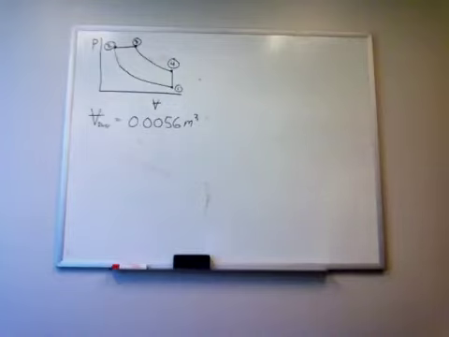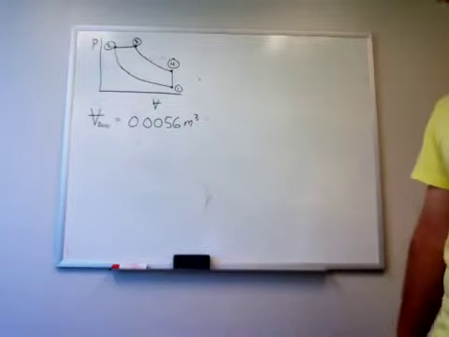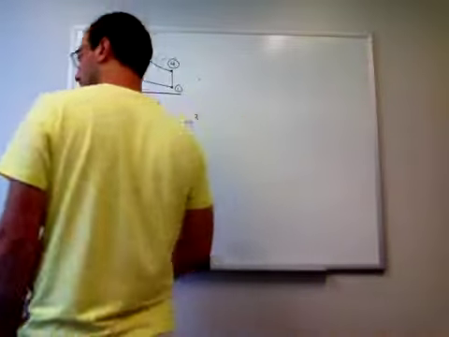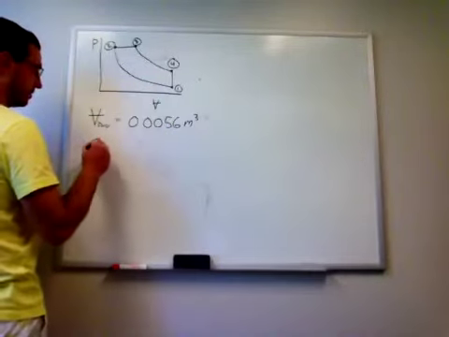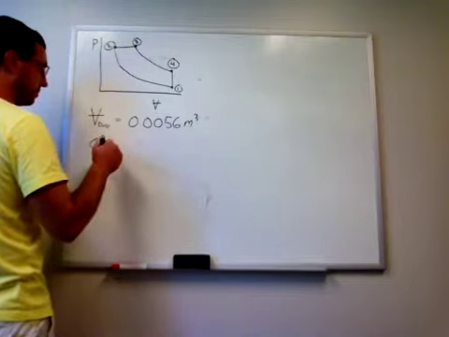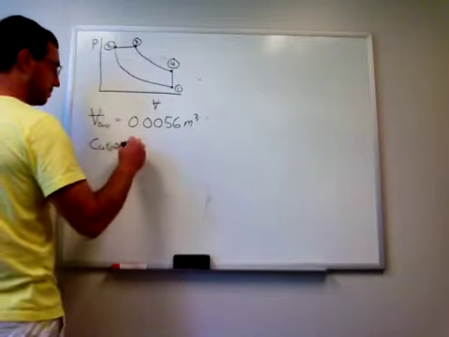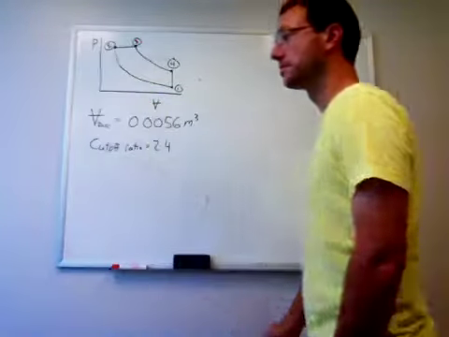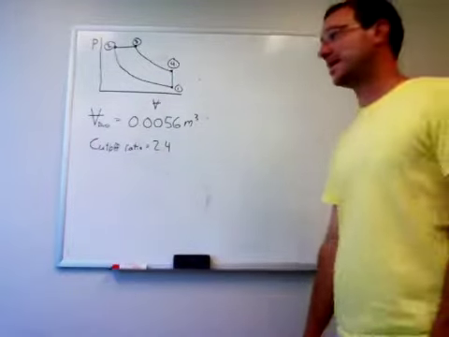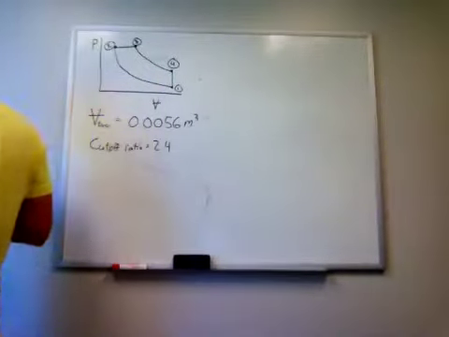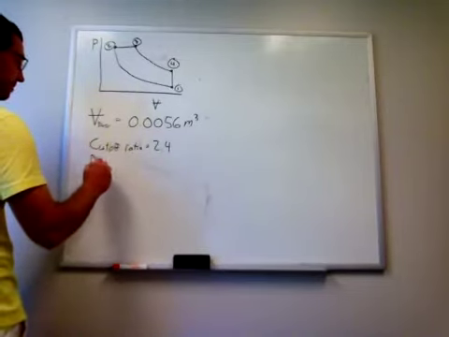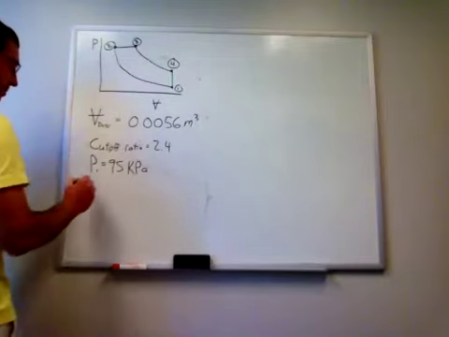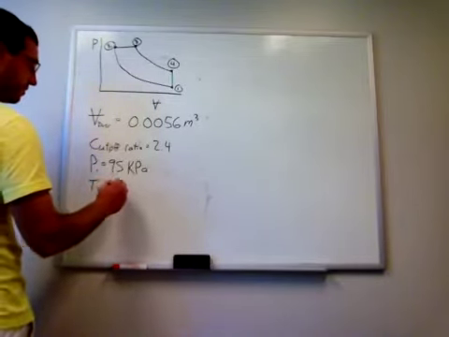So processes within each cylinder in the engine are modeled with the air standard diesel cycle. Cutoff ratio is 2.4. I'll just write it as that, cutoff. It told us some conditions at the beginning of compression, so that would be state 1, P1 95 kilopascals, T1 27 degrees Celsius or 300 Kelvin,